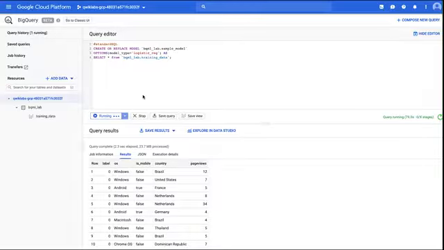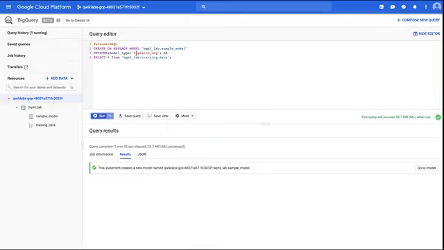So the algorithm we use to build that type of ML model is an algorithm that does binary classification. And in this case, in BigQuery ML, the most natural, logical algorithm to use is logistic regression.